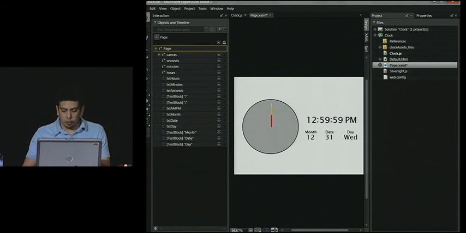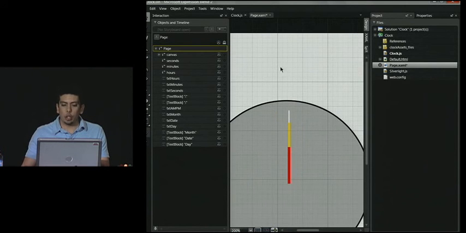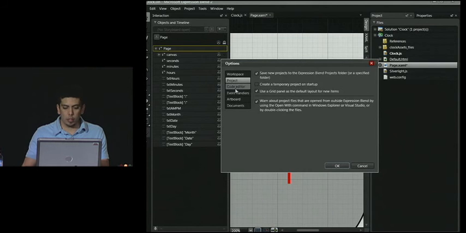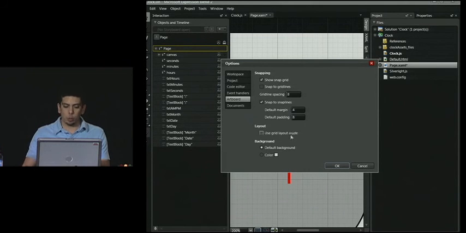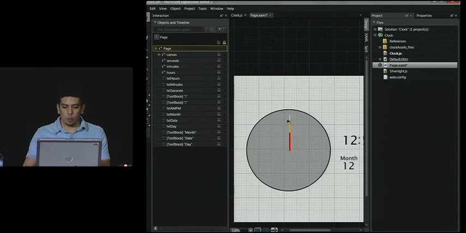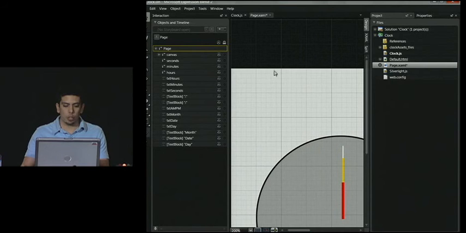But we do have a grid, so this little button down here, it's a grid, and you can, of course, change or define the grid to have different sizes. Let me see, I believe this is where it is. This is where you define grid snapping. One of the other things we have in terms of snapping, which is pretty useful,